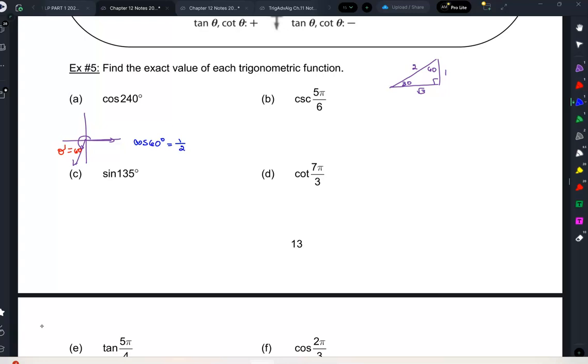But now what we need to do is figure out if it's positive or negative. There's a mnemonic device that says all students take calculus. That's the formal saying of it, but that's not a true statement, because not all students take calculus. So I've changed it, and I say all students take classes. So here we go. All students take classes. But why does this matter? It matters because